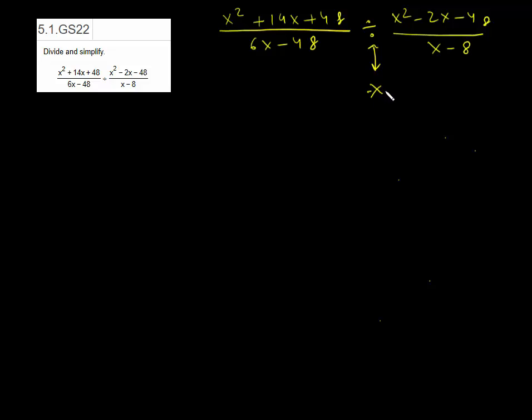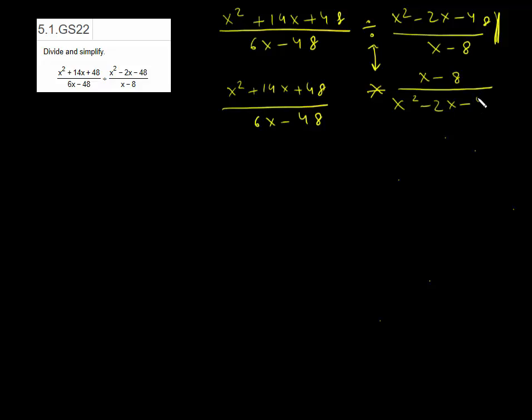And how do you do that? You do that by multiplying x squared plus 14x plus 48, the first rational expression, with the reciprocal of the expression that you are dividing by. So that will become x minus 8 over x squared minus 2x minus 48. Once we are done with this, the next step is to multiply the numerators